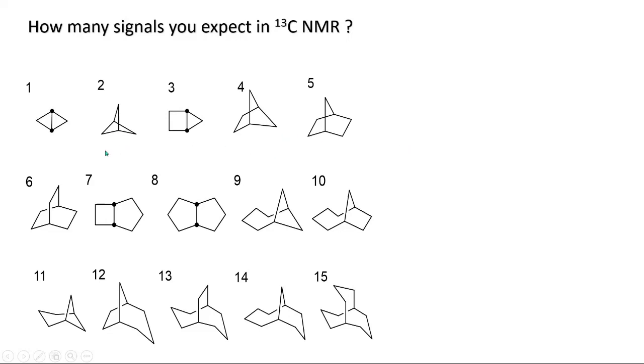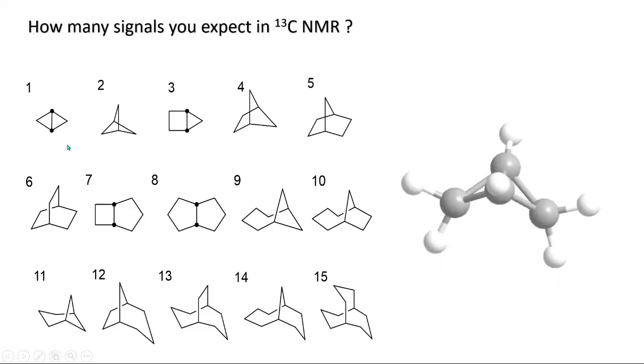Okay, so first molecule, if you want to see the 3D version of this molecule, this is a 3-membered fused ring. You can see these 3-membered and these 3-membered rings are fused together like this. To calculate signal we have different carbon atoms. If you pass a plane of symmetry like this, you can see these 2 protons are the same and these 2 protons are the same. So we will get 1, 2 signals.